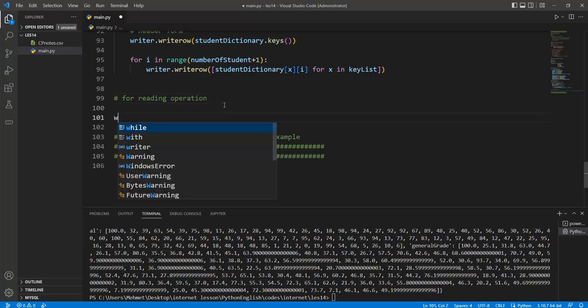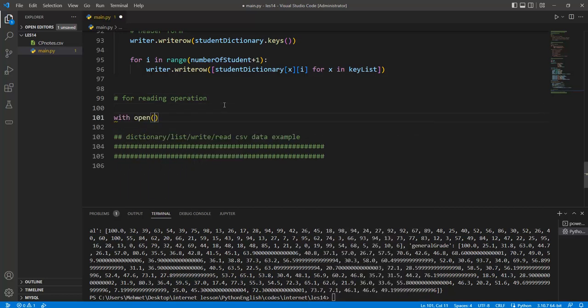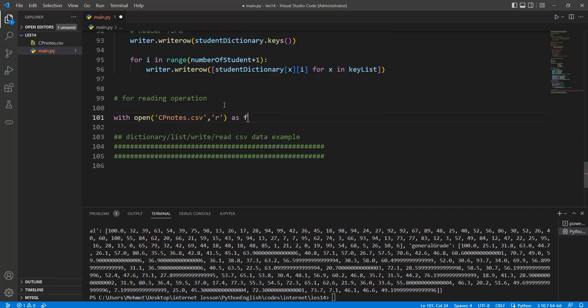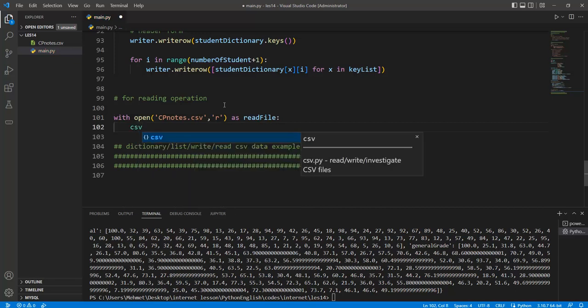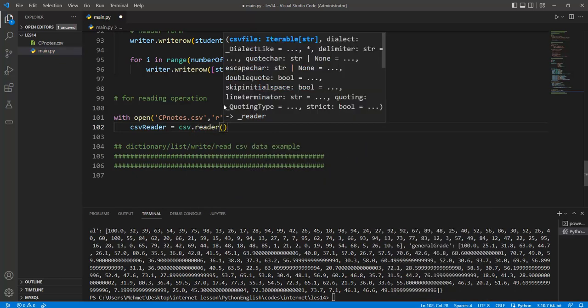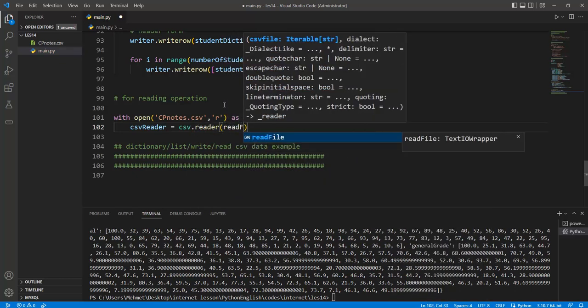In order to read this kind of information, CP notes can be given in the format of R, and as a read file can be defined in here. Okay, and so CSV reader can be defined with csv.reader and read file. Okay,